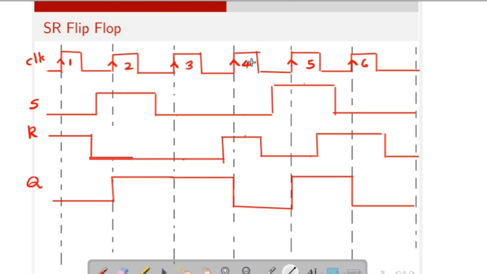So that's all about the SR flip-flop. That means here we discussed what is the circuit of the SR flip-flop. Okay, here we construct the SR flip-flop from the active low SR latch. First it is converted into active high, then give a clock signal so that it will become an SR flip-flop. Okay, then working of the SR flip-flop, then characteristic table, then what is the truth table and function table, then we derive excitation table from the characteristic table and also derive characteristic equation from the characteristic table. Okay, then we draw the waveform. Okay, clear? Thank you.